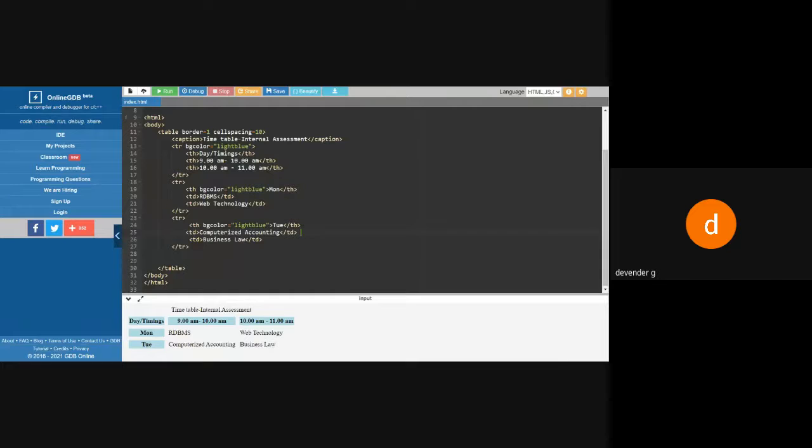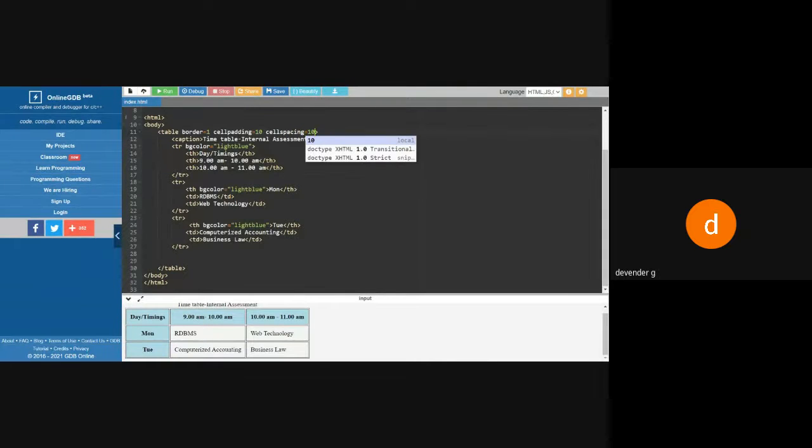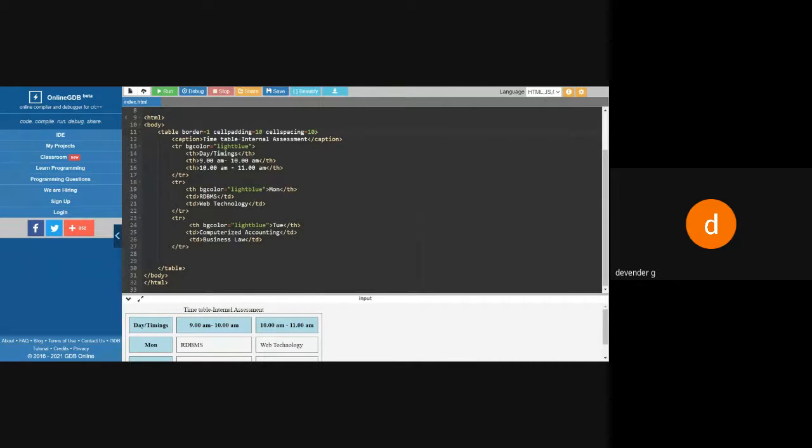Suppose I say here cell padding. Now you can see the gap between cell to cell. See, it has been enlarged. The cell has been enlarged. Previously the cell was looking like this. Now the table cell has increased. I can use one, and you can use both also. Now you can use both and you can see the output here in this fashion.